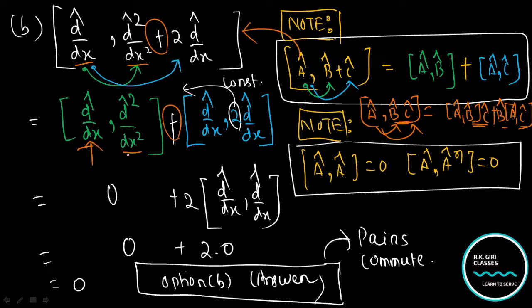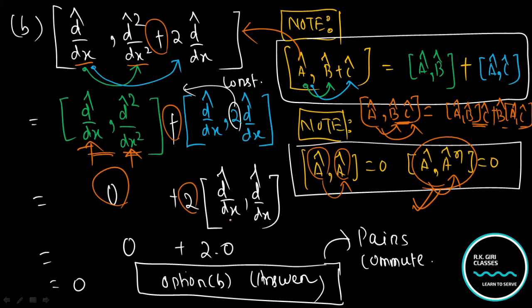So this is the same case like this. An operator commute with itself or its power, right? So this format, that's why they commute with each other, so it's 0. Now put this constant outside, it is clearly visible. This is dy dx, that is same 0. That means your value will be 0. That means this pair will commute. So answer is option B.